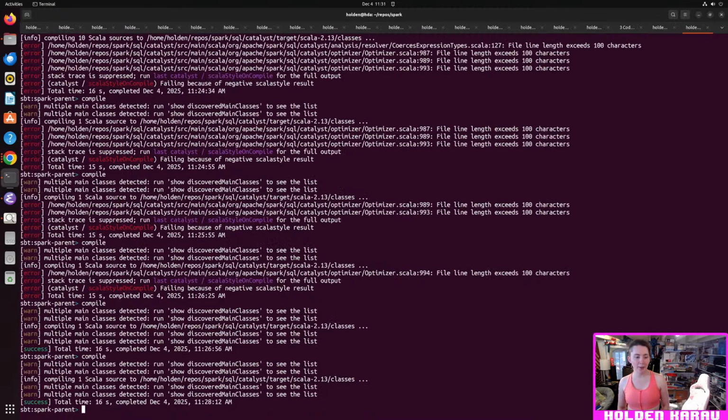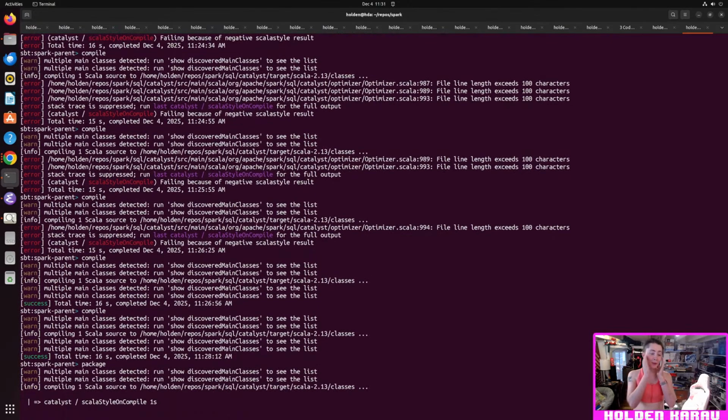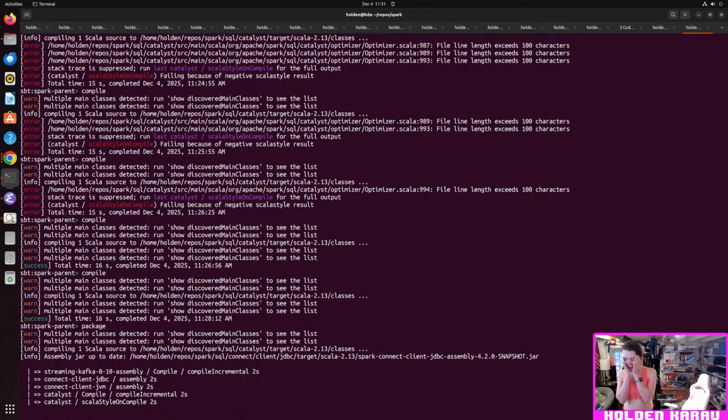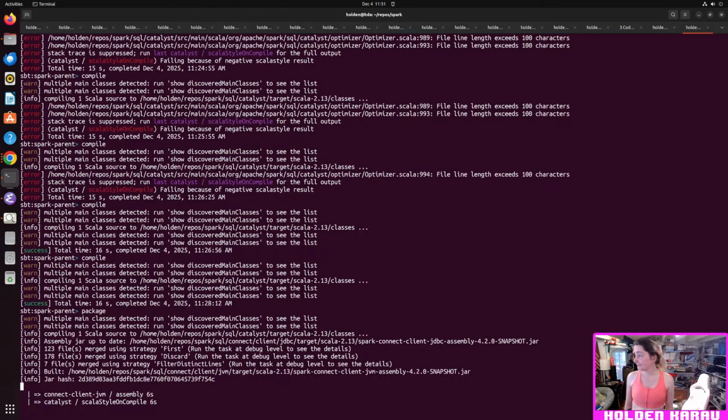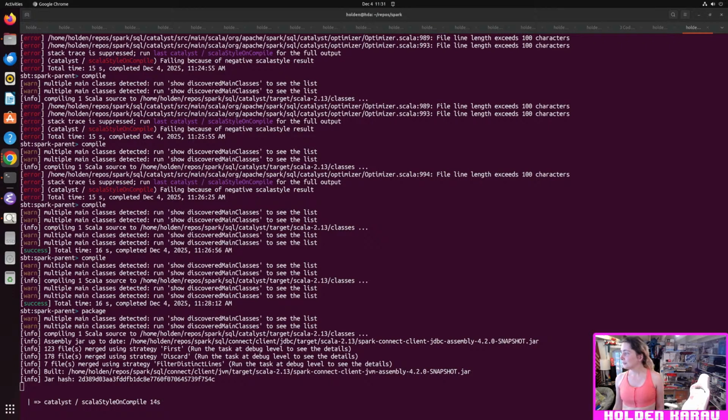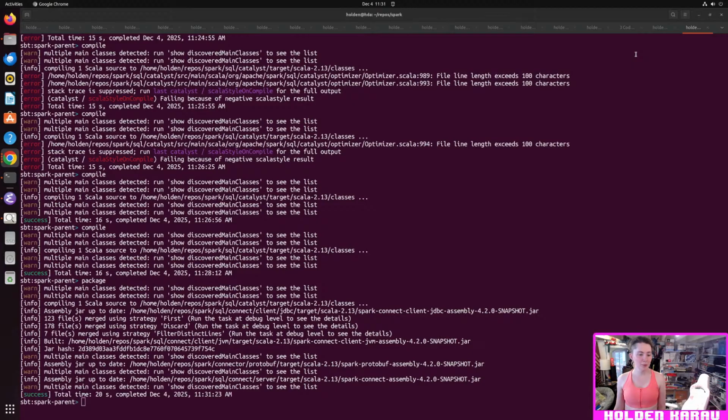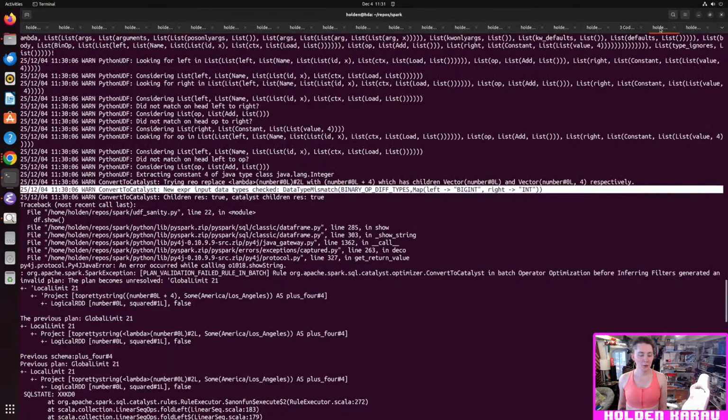Oh, right, I didn't run package, I just ran compile. So, compiled it, but we need to package it into jars so that we can actually run the test. Okay. Cool. Now let's run it.